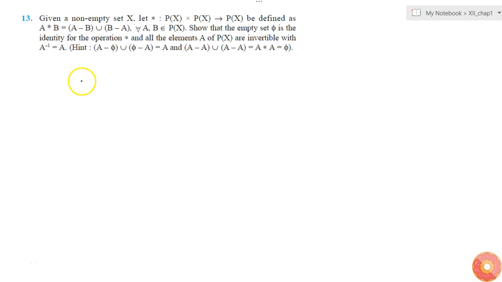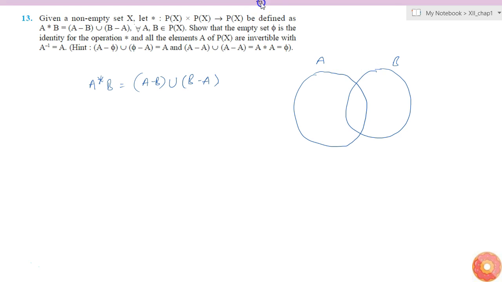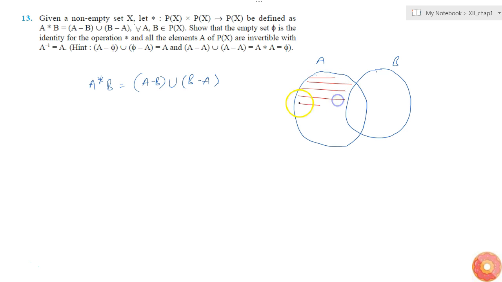In this question, a binary function star is defined such that A star B is equal to A minus B union B minus A. So let us see this using Venn diagrams. We have a certain A and we have a certain B, and they have something in common. And what it does is basically here A star B is equal to this A minus B, which will be this part,